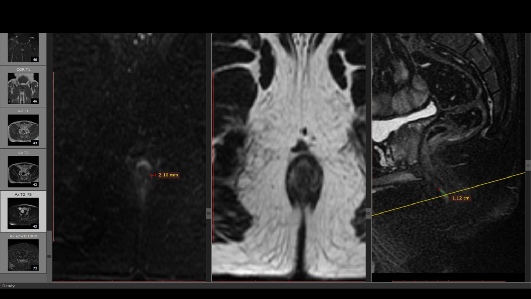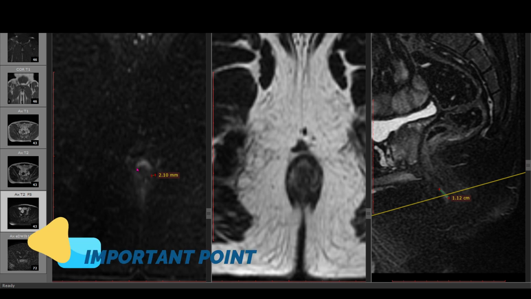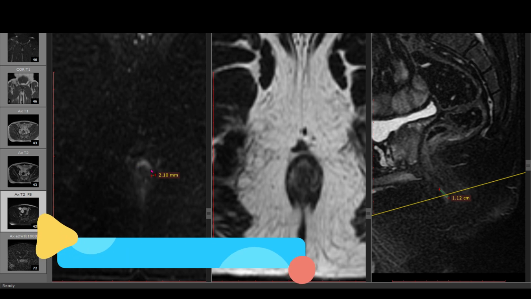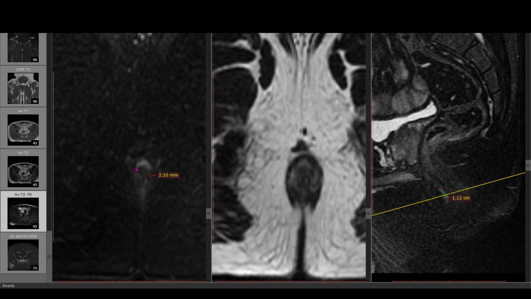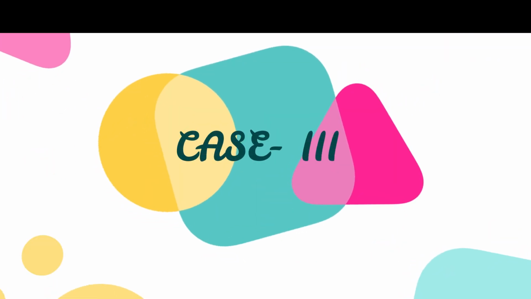You can always measure it on a clock position. So if you consider this as a clock, the collection is slightly extending from approximately 10 o'clock position till 2 o'clock position. Okay, so that is how you mention the extent, and the track direction you should mention is track is seen at 12 o'clock position.